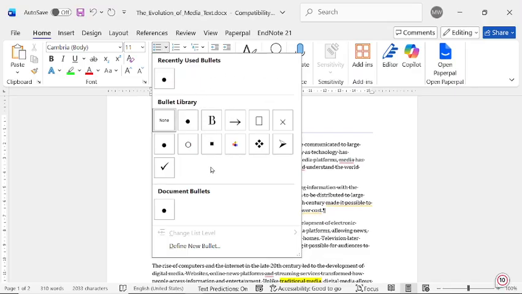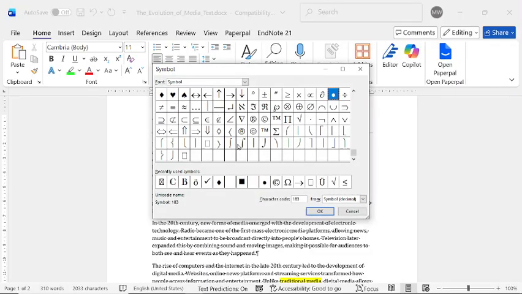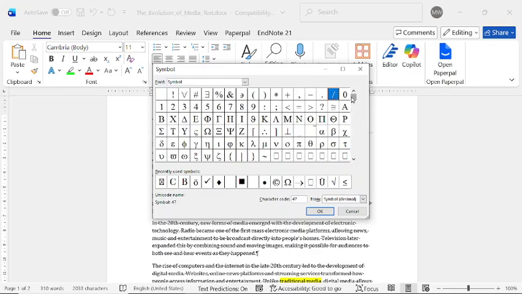Or if we do specify that you need to use a specific one, you can go to define new bullet. We click there and we can say something like, if we want to make it a special character, we can click on symbols. And here's a bunch of different options that we can use. However, a key thing to remember is that in your assignments, SPA and your final exams, we will tell you what font it might be.